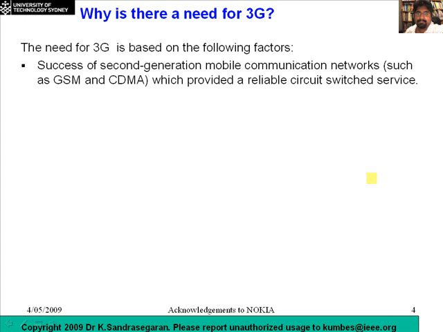So the question is, why was there a need for 3G? And that was a question I asked you earlier. So it's based on many factors. Well, second generation mobile networks were very successful, both GSM as well as CDMA. GSM, in my opinion, is probably slightly more successful than CDMA, but they also had certain limitations. They were able to provide a circuit switch service quite well. So the next question was, how are we going to go to the next generations so that we can continue on with the success of